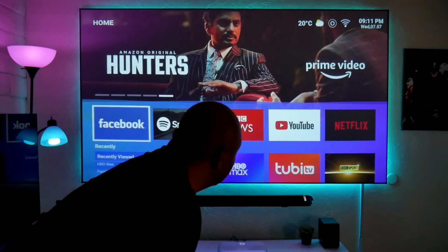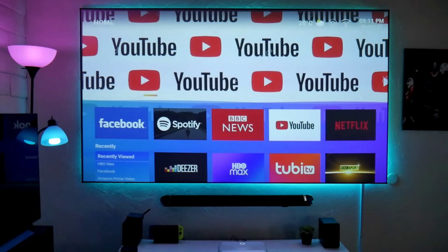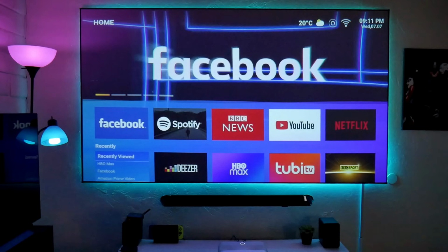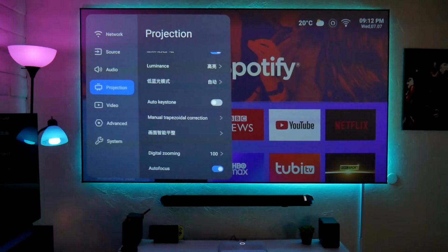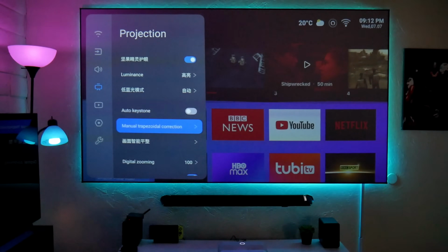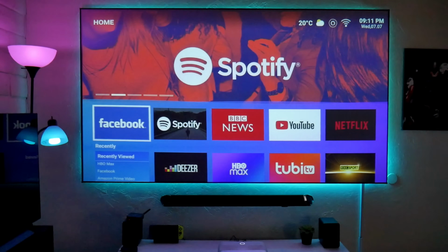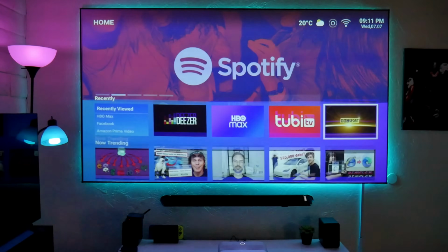So let's jump straight to the projector OS and features. Now this is an Android powered projector with a skin over that JMGO calls Luna OS. As of right now, most of the menu is in English, but there are some settings in Chinese that honestly I don't understand. Now this is a pre-production model, so some functions don't work properly and the final version will